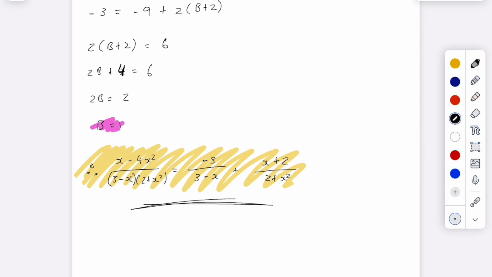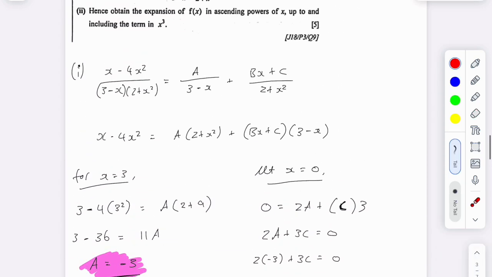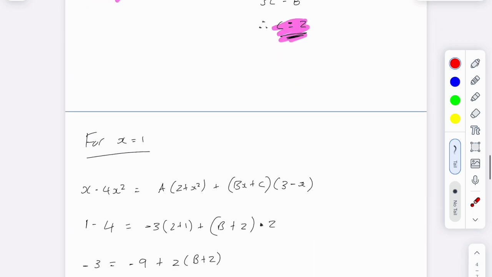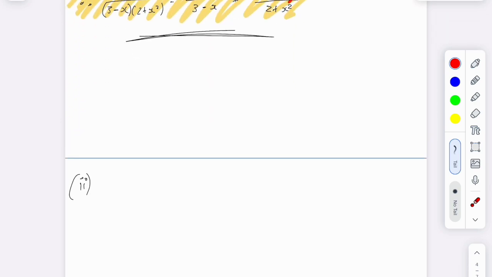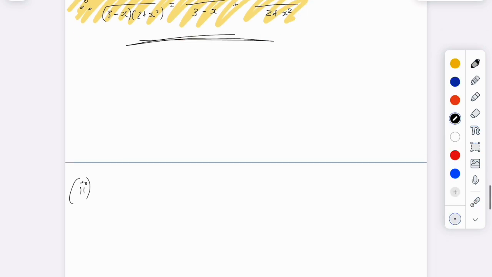Perfect. Alright, now for number II, what does the number II want us to do? Number II wants us to obtain the expansion up to x cubed. So the first thing we need to do is we're going to say, alright, well, this is the expansion now. This over here. So we can say that f of x is going to equal,